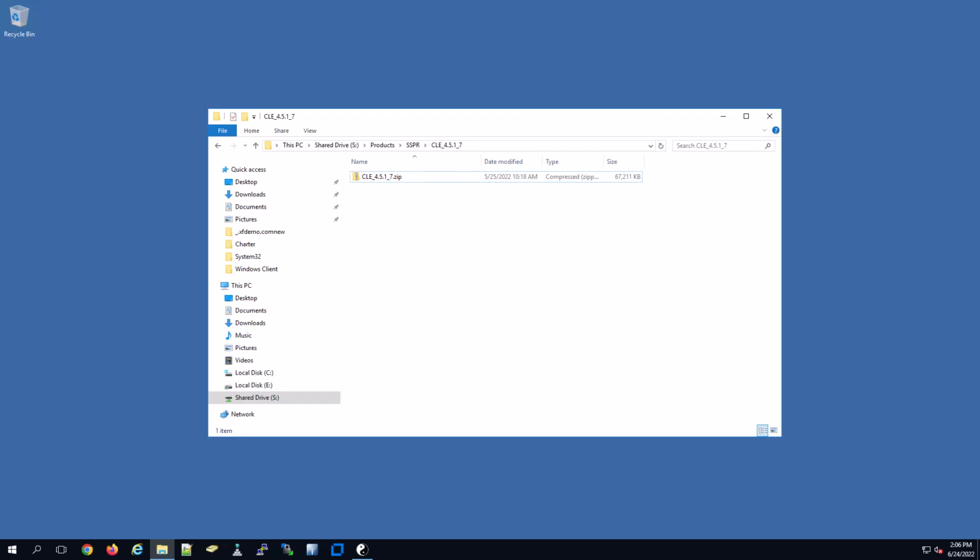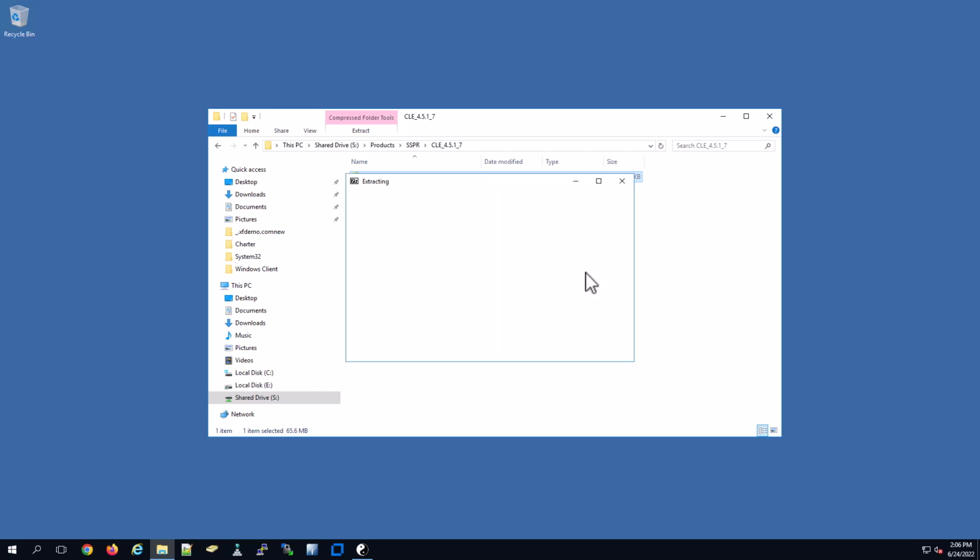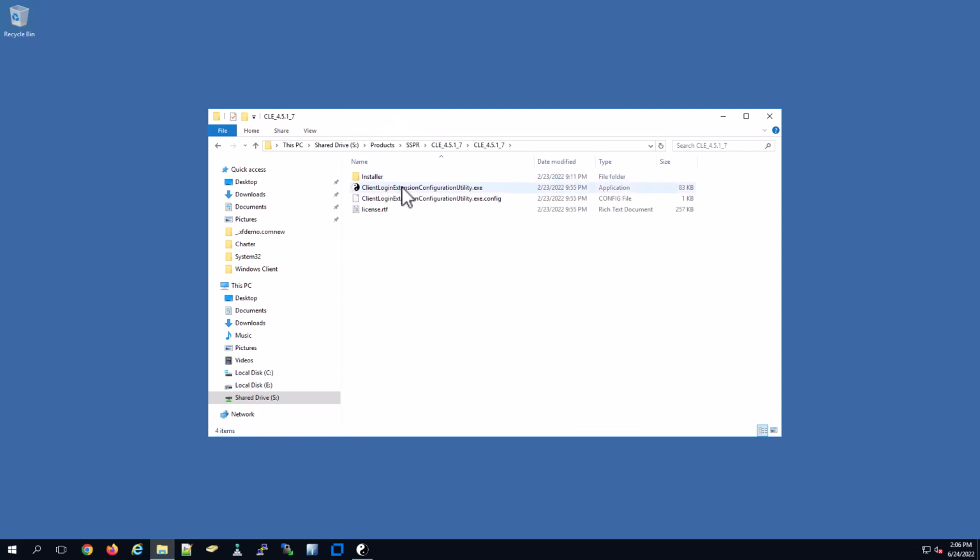In this demonstration, we're going to cover the client login extension. And what we've done here is we've actually downloaded the zip file already. So now what we need to do is simply extract this, and we'll put it in this directory. We can now go to that directory, and the first thing we're going to want to do is run this